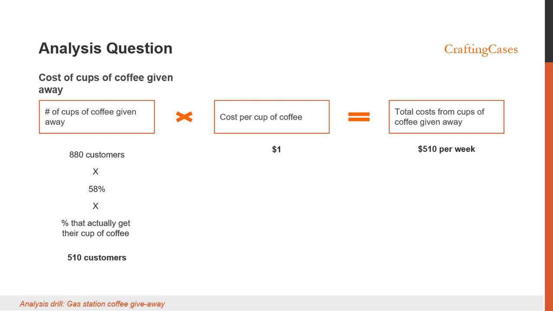If we were to consider that only the extra customers, the extra 18%, would get their coffee, then that would be around 1/3 of that. So something close to 160 or something like that. Okay? Now, next,